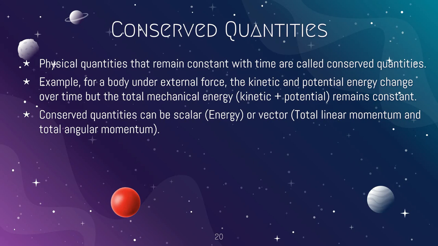For example, if we take a ball which is at rest and take a similar ball which is in motion, if we count the total mechanical energy, then it would come out to be the same, it would come out to be constant, because the movement the ball experiences is because of kinetic and potential energy, which makes it constant. So these are known as conserved quantities.